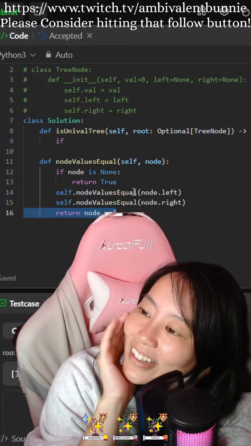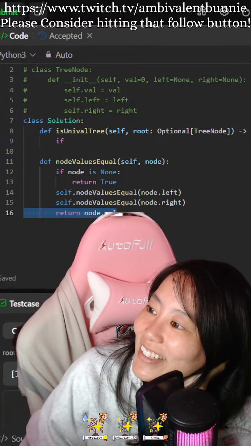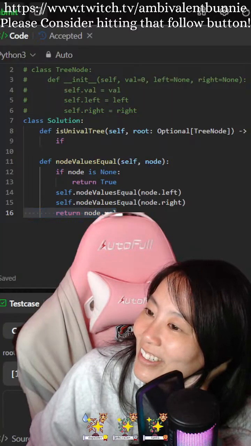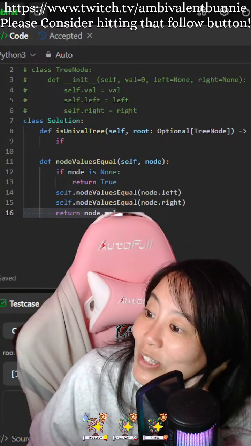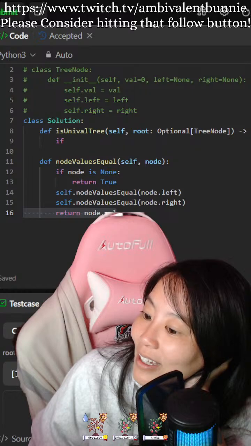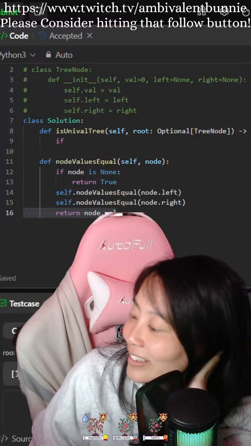I always have trouble with these return values, guys. Always. Like, I know my code is doing what I want it to do, but my return values are not doing what I want it to do.